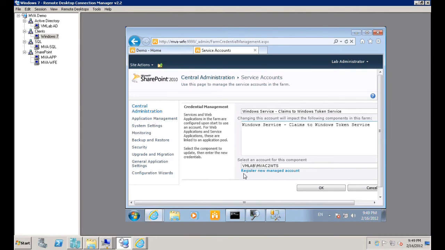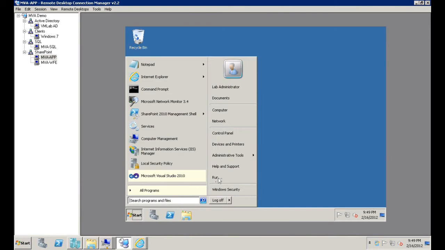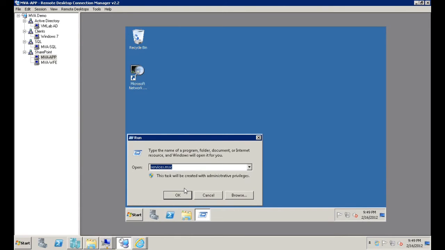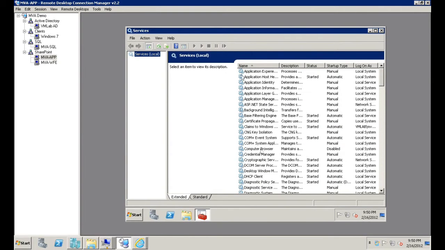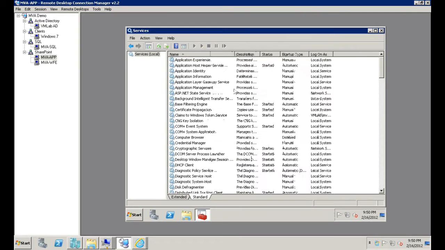The default is going to be local system, but I've elected to use a domain account for demonstration purposes. So now I'm going to go over to the application server, and I'm going to show you how you would actually configure the claims to Windows token service if you elected to use a domain account. So if I come over here and I go over to services,